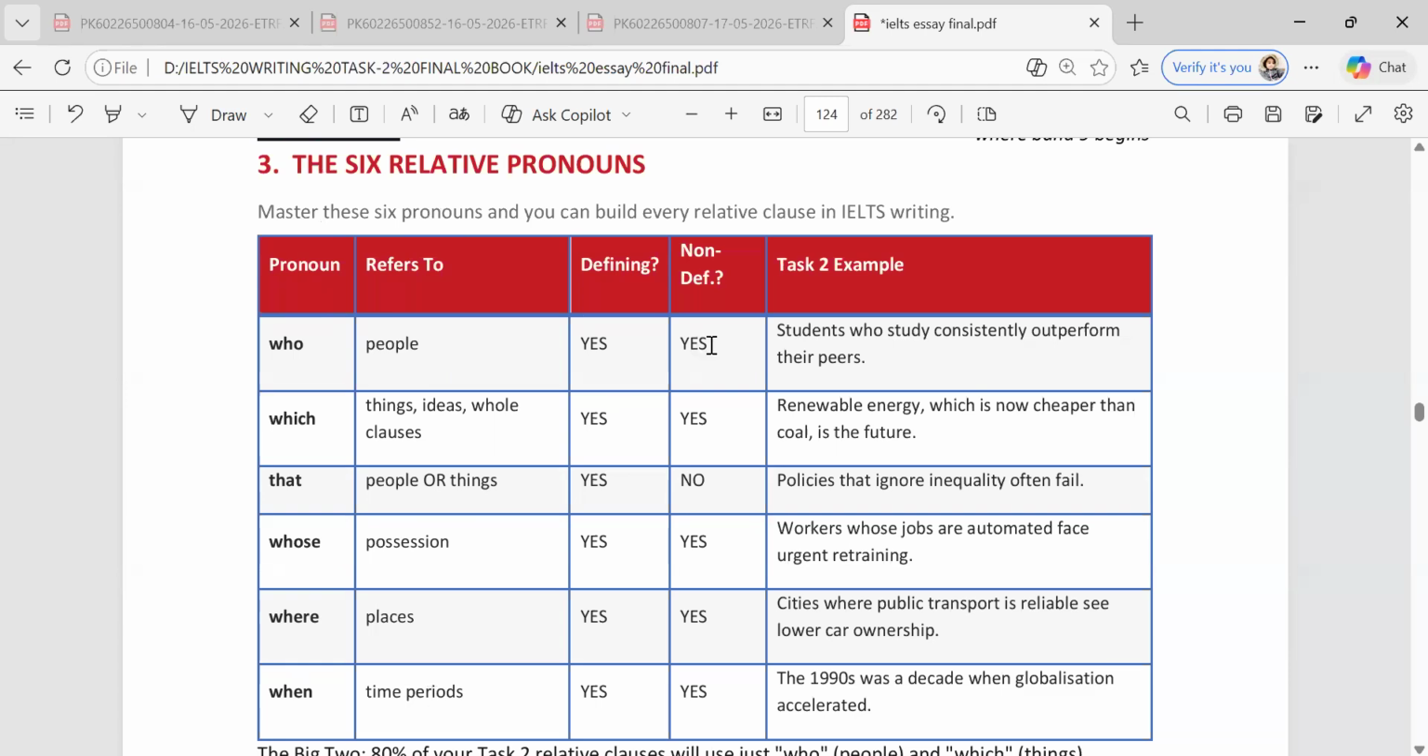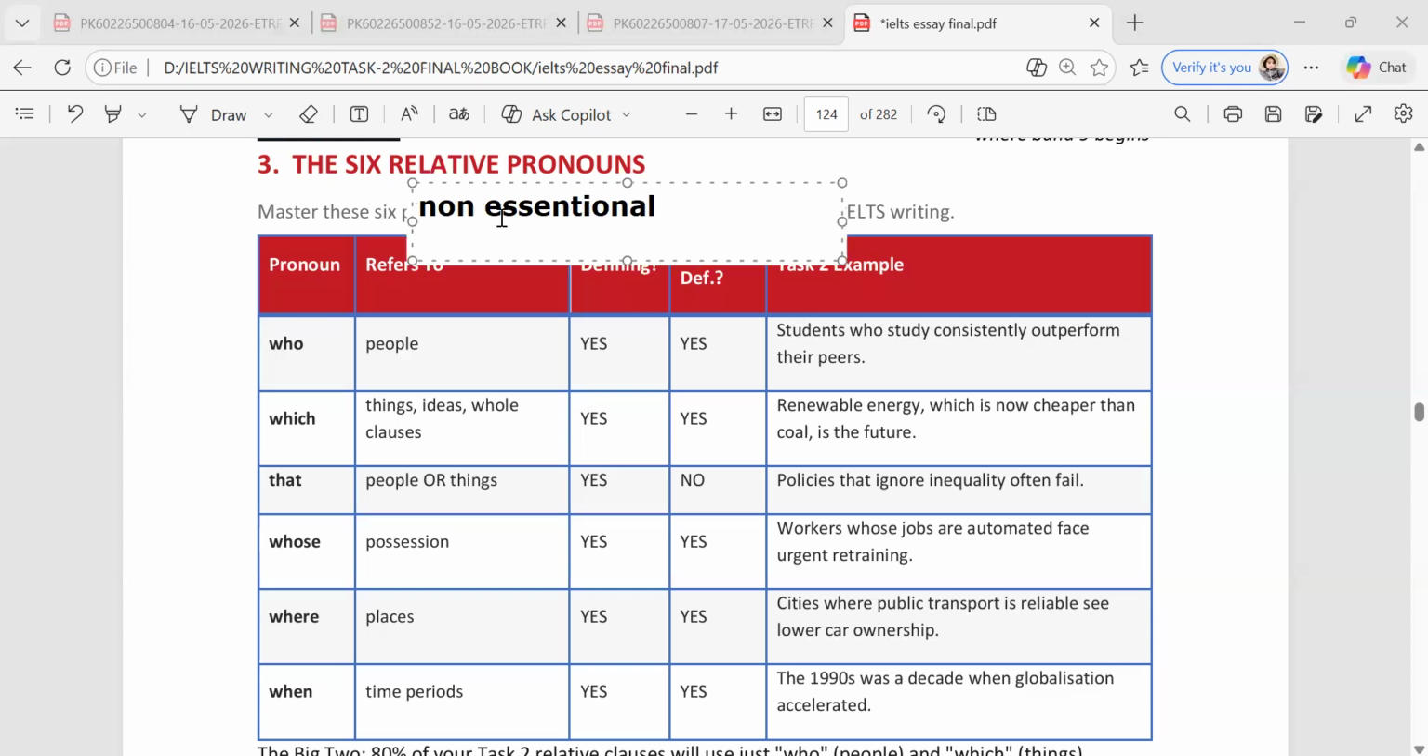What I mean actually is defining and non-defining. Let me explain it a bit. For example, if I want to write down, non-defining means non-essential. If something is not necessary, if something we want to use and it is not necessary,